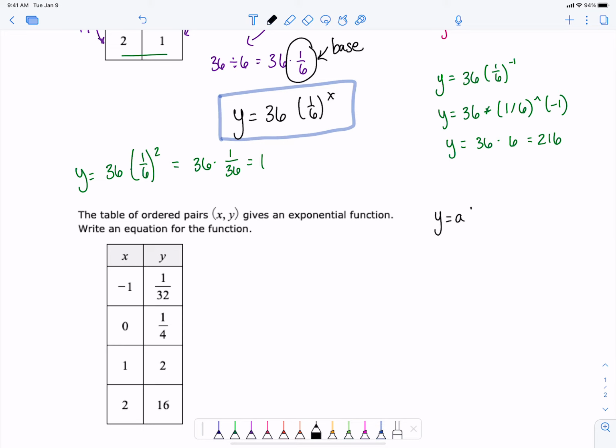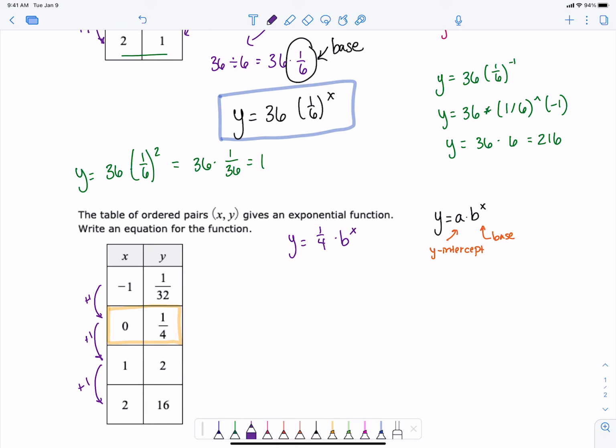We want to make this exponential function, where b is our base and a is the y-intercept. So for our y-intercept, we look on our table to when x is 0. The y-intercept is 1/4. So what we know about our equation right now is y equals 1/4 times b to the x. We need to figure out what that b is. Again, in this table, the x values are increasing by 1 as we go, and then the y values here